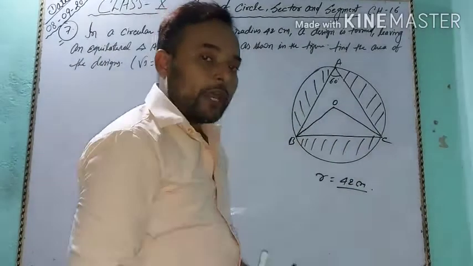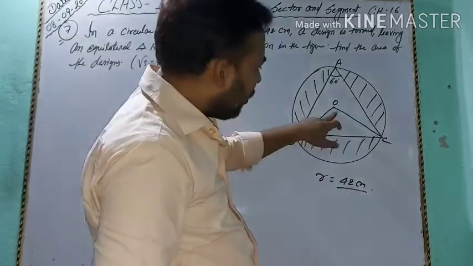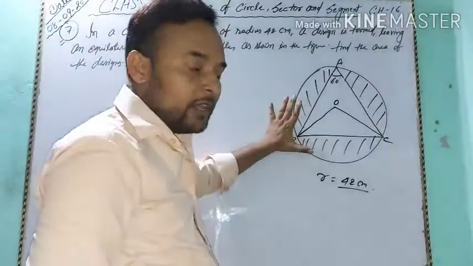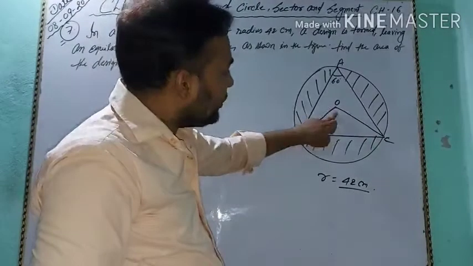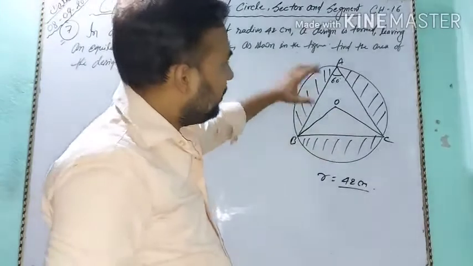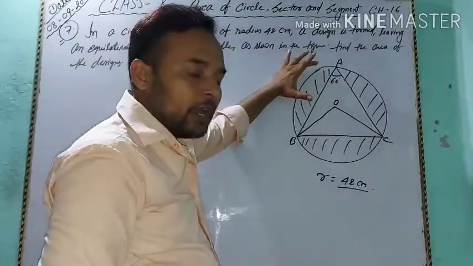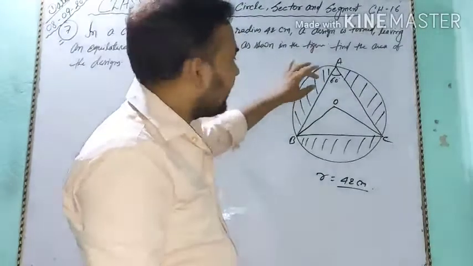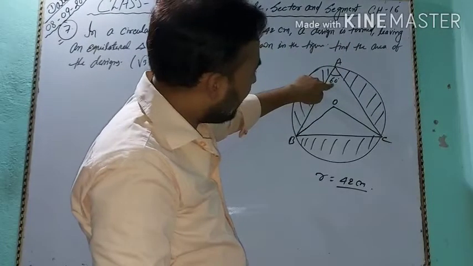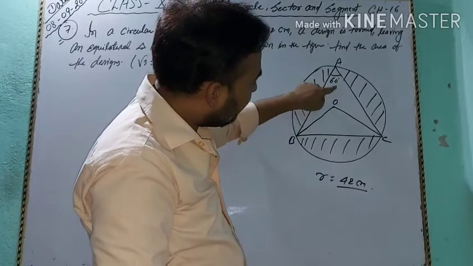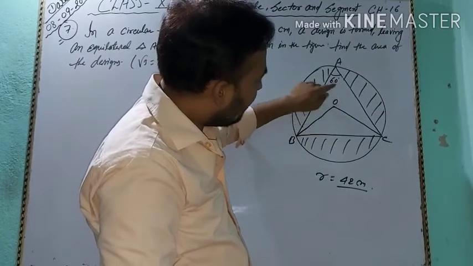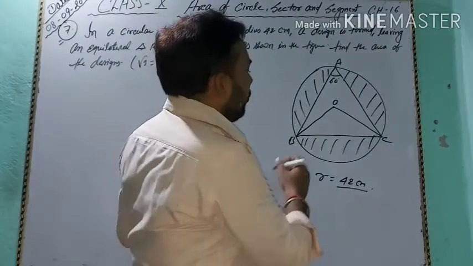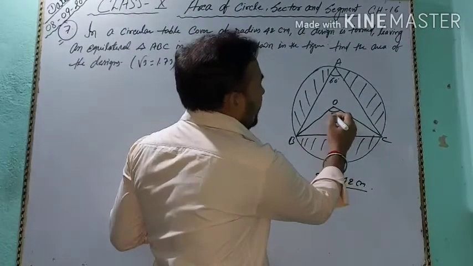So we know that the angle at the center in a circle is 2 times the angle at any point of the circle. सर्किल के किसी भी पॉइंट पे जितना भी एंगल बनेगा वो एंगल सेंटर पर के एंगल्स का हाफ होगा, और सेंटर पर का जो एंगल होगा इस पॉइंट के एंगल से 2 टाइम्स होगा. तो दैट इज BOC इक्वल टू 120 डिग्री.